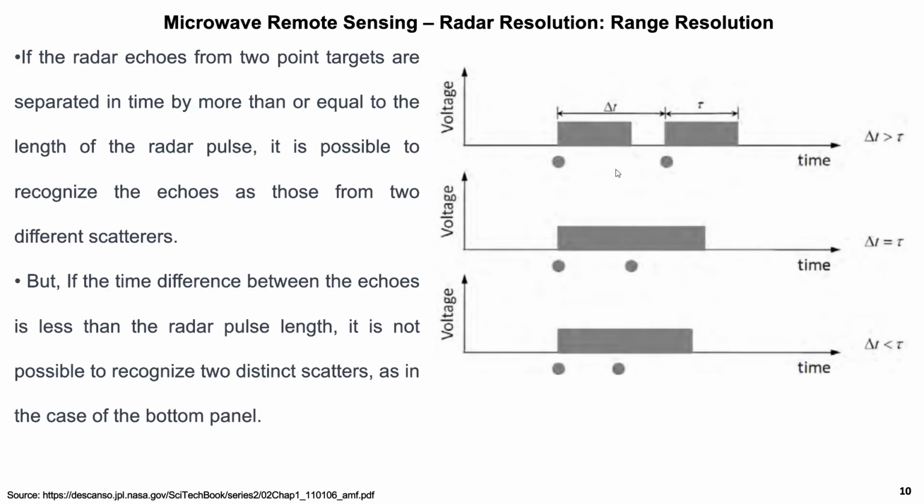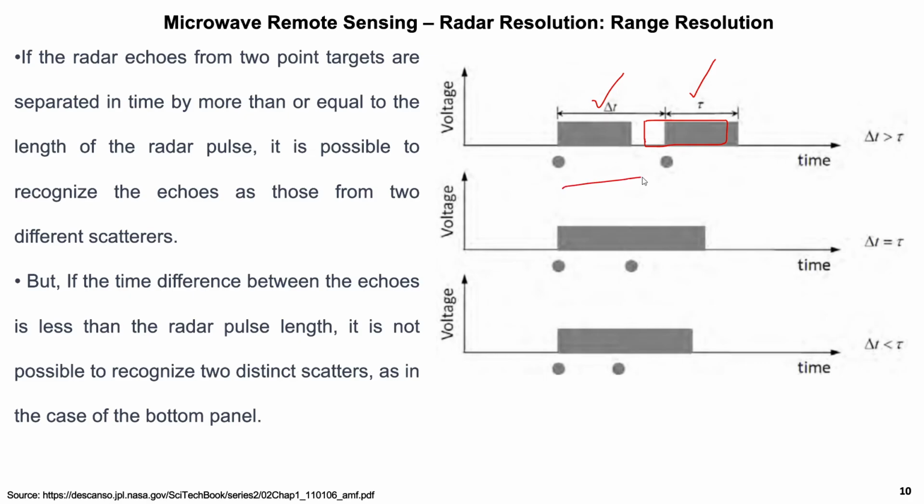So let's say two targets are there, and we have sent two pulses. So this is your return pulse. If the targets are separated by a considerable distance, you will identify two separate pulses, and you can decipher that there are two objects at this particular distance. But if the objects are very close to each other,